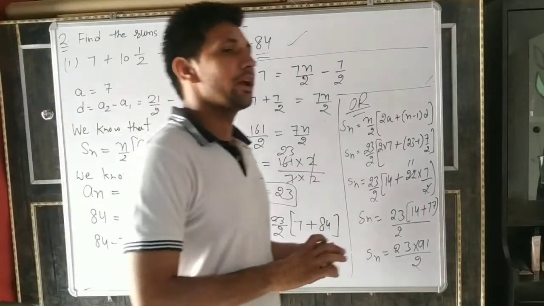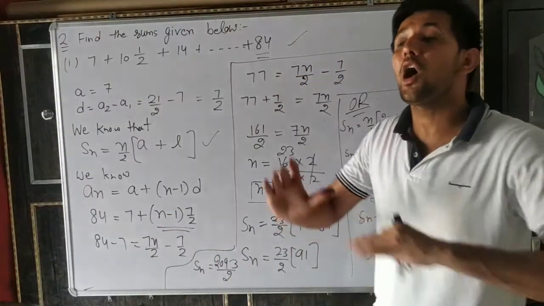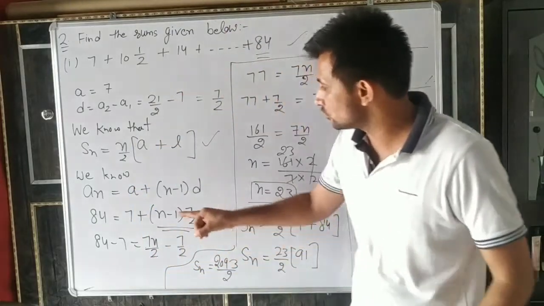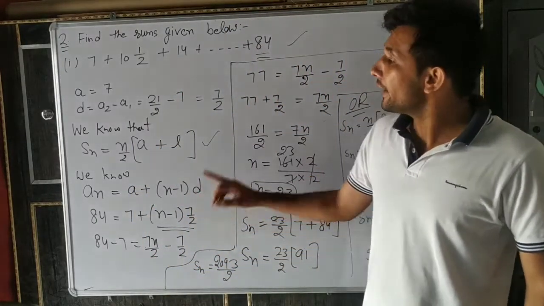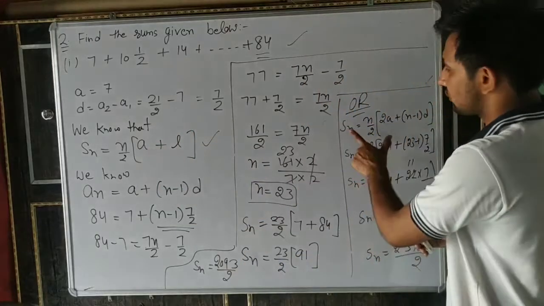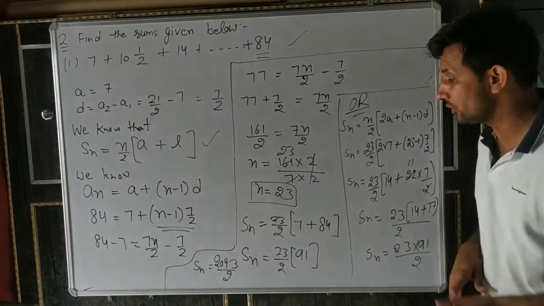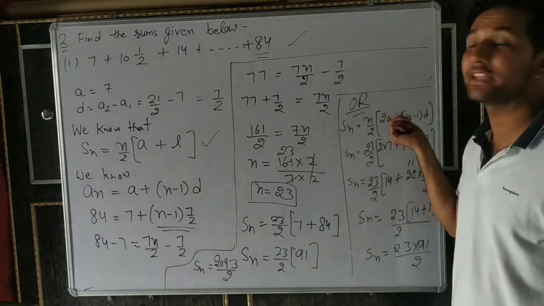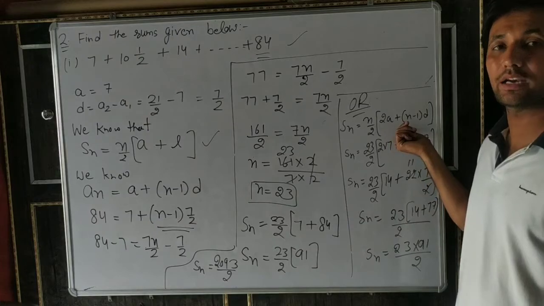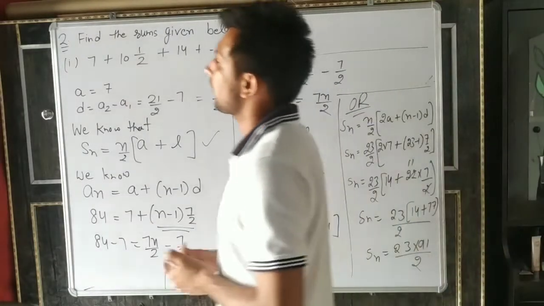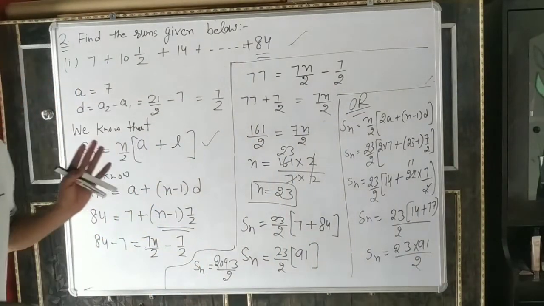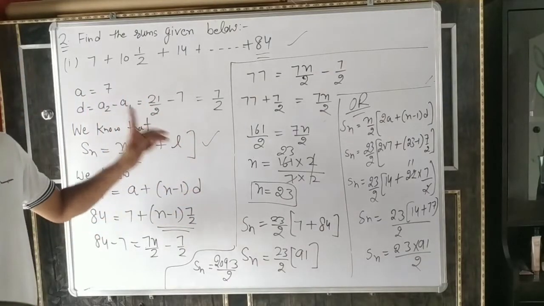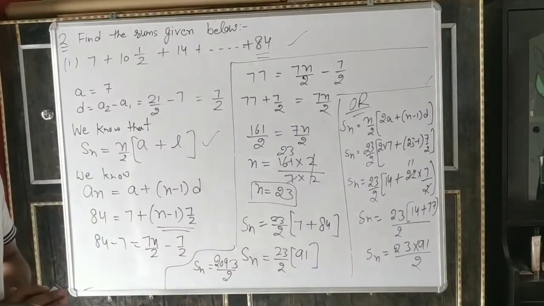Always remember, dear, whenever we want to find how many number of terms, whenever we want to find n, we will use this formula. Understand? If S is given, maybe in the question Sn is given as 2093 divided by 2, we will put it here, then we can find n also. So we will use only formulas here. Note it down. The rest of the 2 parts you will do yourself.